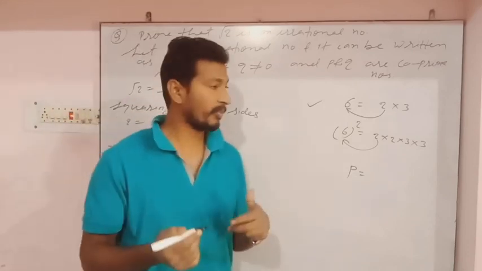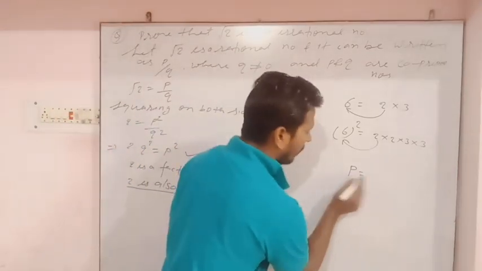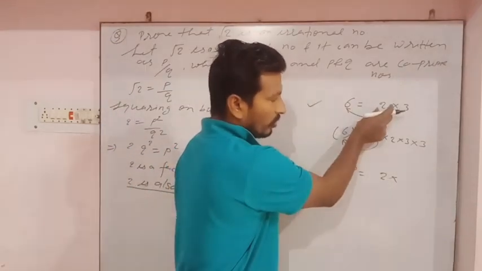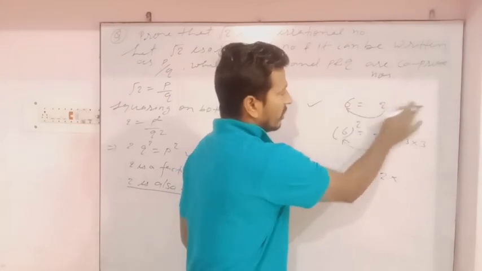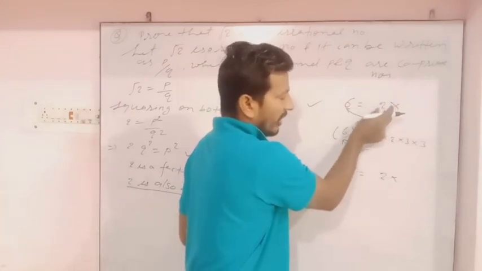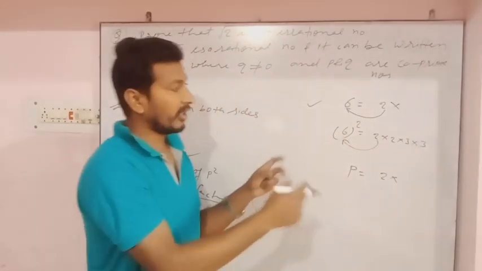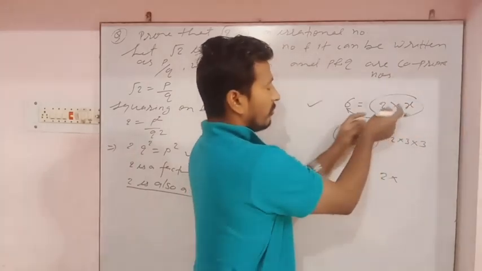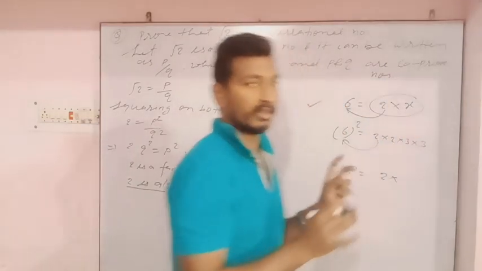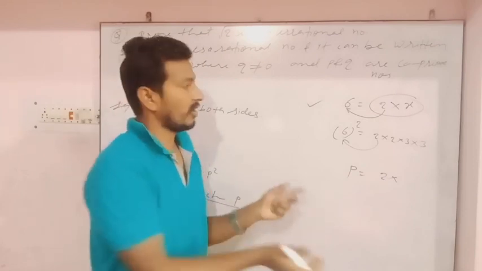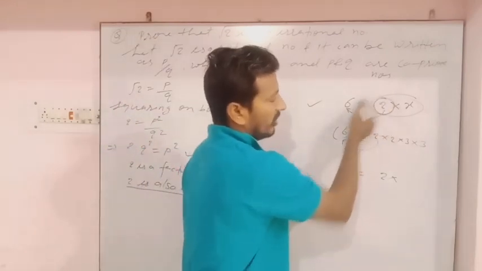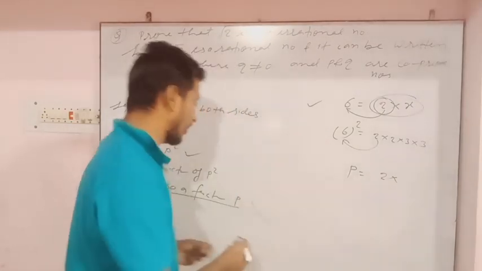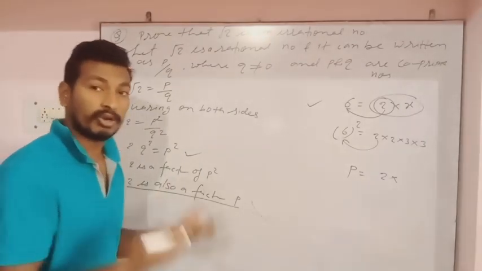अगर 2 है p का फैक्टर, मीन्स p को प्राप्त करने के लिए 2 से तो मल्टीप्लाई करना होगा. यहाँ पे देखिए जो 2 था वो 6 का फैक्टर था. It means we have to multiply by 2 for getting 6, and then after that, what the number is coming, if we don't know, then we can write 2 into x. मतलब 2 को आपको multiply करना ही है. 3 करो 4 करो, we don't care. If 2 is a factor then 2 surely will come. So in this, 2 is a factor, so 2 will surely be there, and then what the number is going to come we don't know.